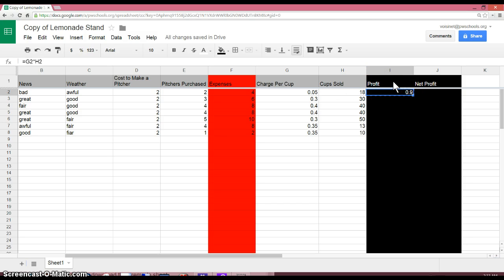And then we want to copy that. Control-C, select. Copy that to the other cells, and it will automatically adjust. Our net profit is going to be the money we made minus the money we spent. So we're going to want to subtract